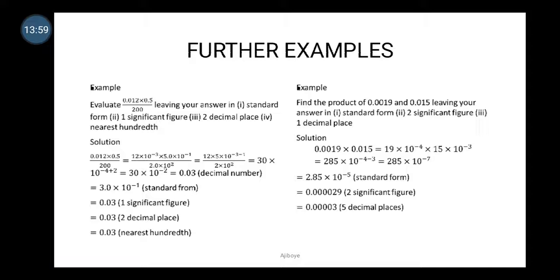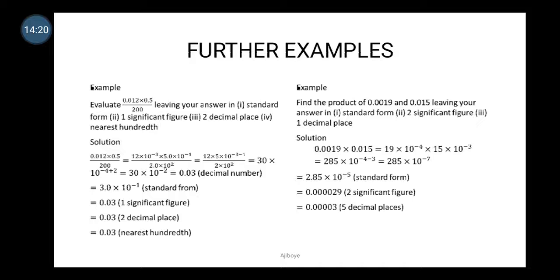Evaluate 0.012 times 0.5 divided by 200, leaving your answer in standard form, one significant figure, 2 decimal places, and then the nearest hundredth. All right, so the best way to do this kind of simplification without a calculator is to